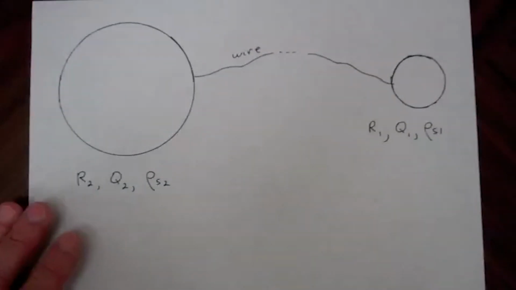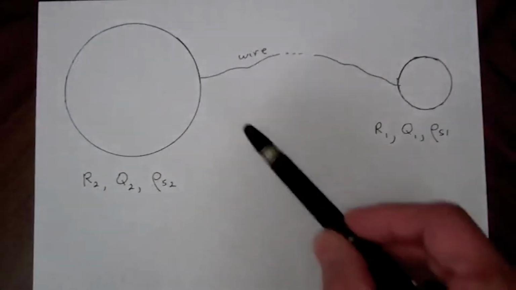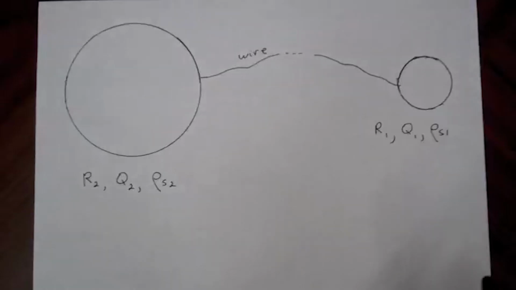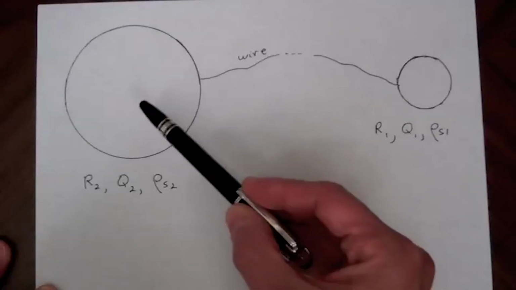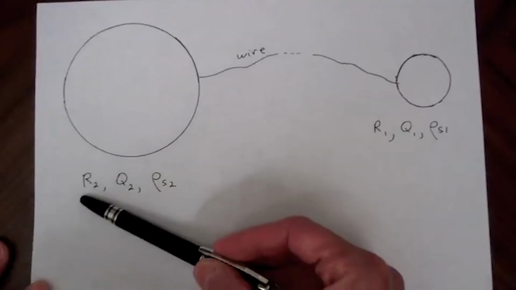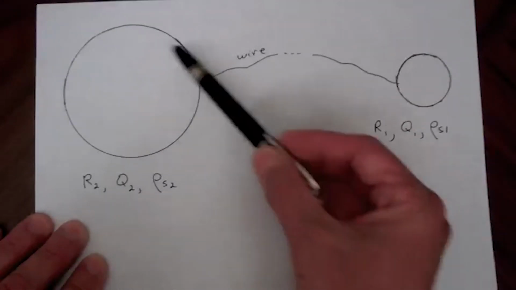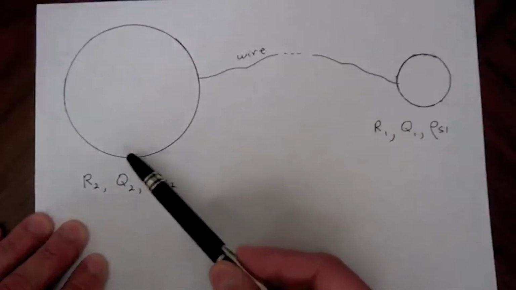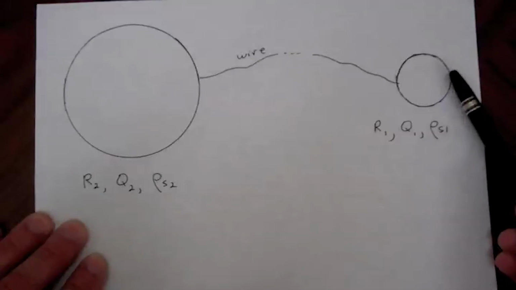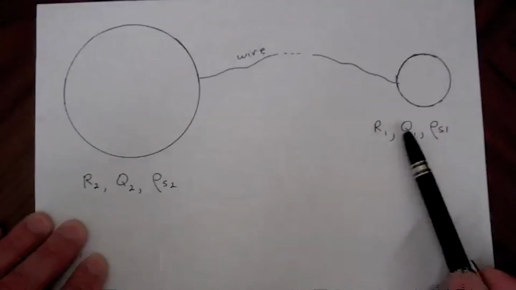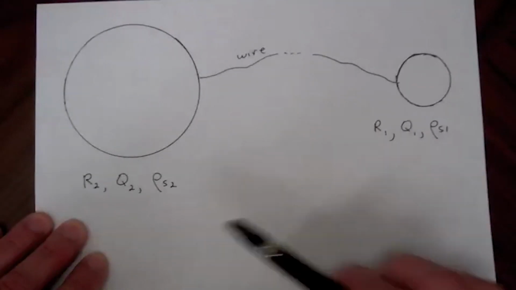Okay, so we'll have these 2 spheres. We've maintained contact with this wire, so they've remained at an equipotential, and at this point they're separated by a great distance. This one we'll call sphere 2 with radius r sub 2, total charge on it q sub 2, and the charge density on the surface rho sub s2, and this will be sphere 1 with radius, charge, and charge density